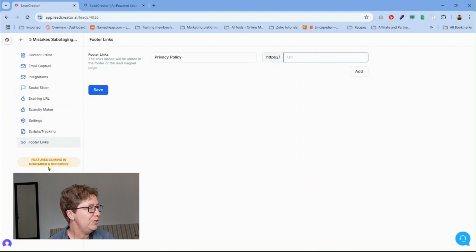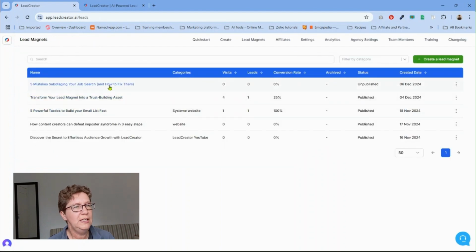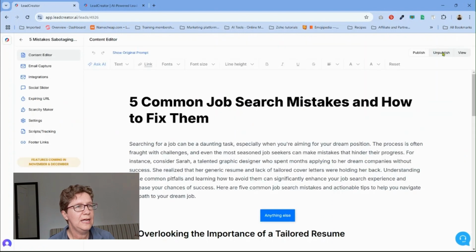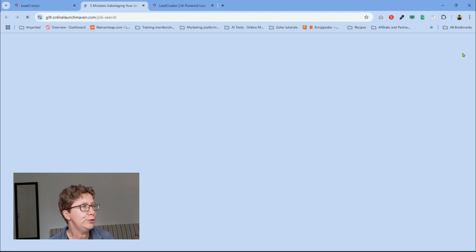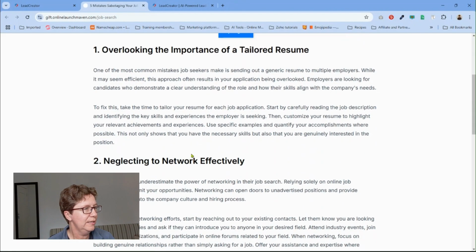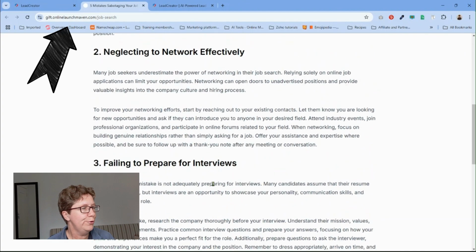All right, when you're done with all of this, you can go over here, go back to your lead magnet, and you can publish your lead magnet. There you go. And now you can come over here and view your lead magnet. You can see there's lots of room for improvement.